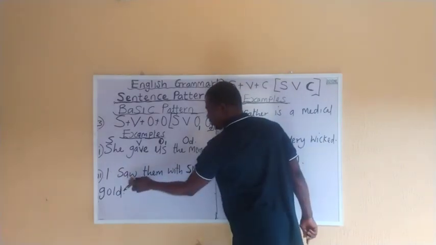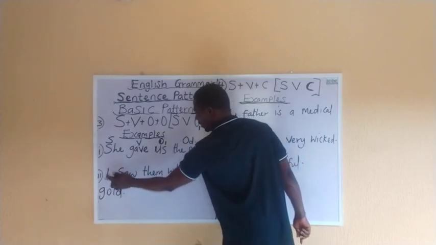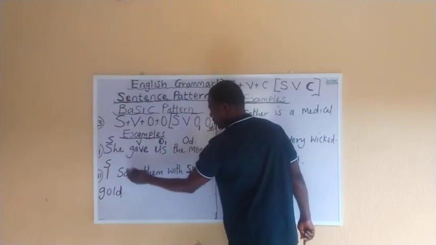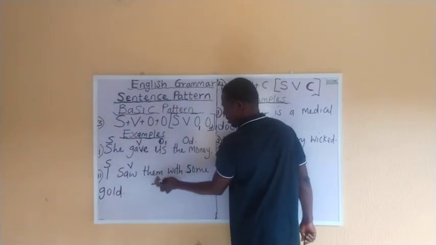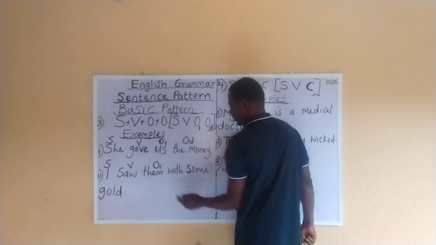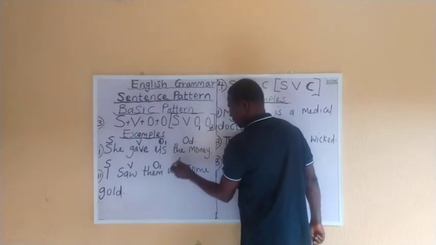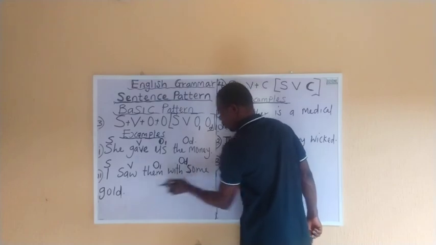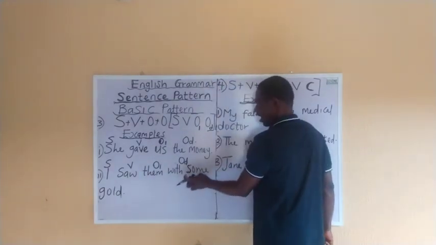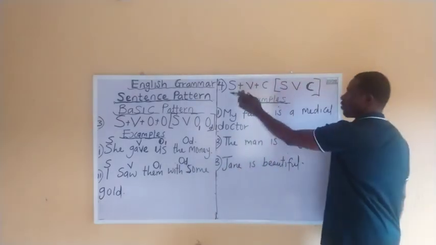2, I saw them with some gold. I is the subject, saw is the verb, them is the indirect object, with some gold is the direct object. So with some gold is a noun phrase that acts as an object. Number 4,